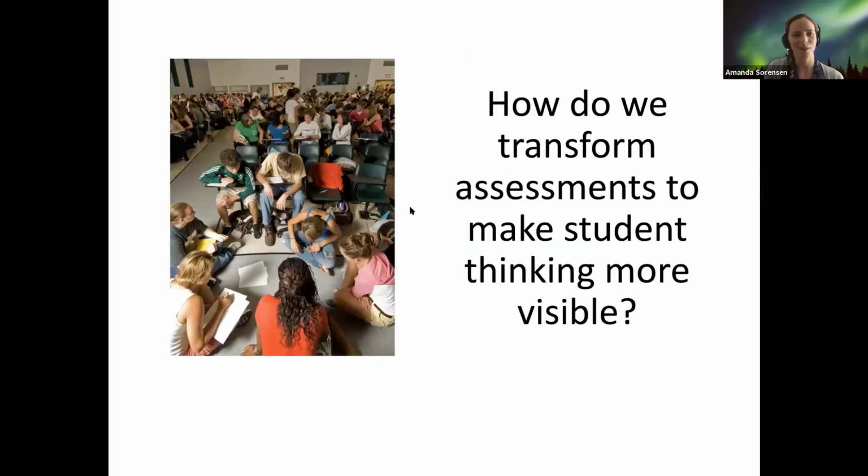So when we're thinking about this, what we're fundamentally asking is, how are we transforming assessments to make student thinking more visible? If we're transforming our teaching, how are we transforming our assessments? The reason we want multi-dimensional assessment is that we want to see our students grapple with the complexity of the multiple interactions between the dimensions and the elements. If the data from your assessments aren't telling you anything about the complexity of students' thinking about these ecological concepts, it's not very useful.